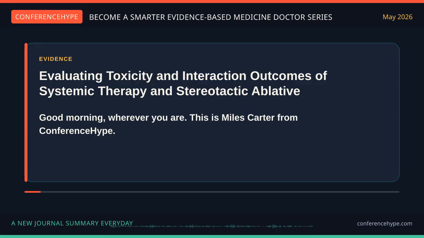Background: although stereotactic ablative radiation therapy is known for low toxicity and safety, its combined use with specific systemic therapies requires further investigation. Methods: a secondary analysis of the SABR-5 trial evaluated grade 2+ and 3+ toxicities post-SABR in patients who had received high-risk or non-high-risk systemic therapies before SABR at 4 predefined intervals. Concurrent with SABR, 1 day to 1 week prior, 1 to 2 weeks prior, or 2 to 12 weeks prior.